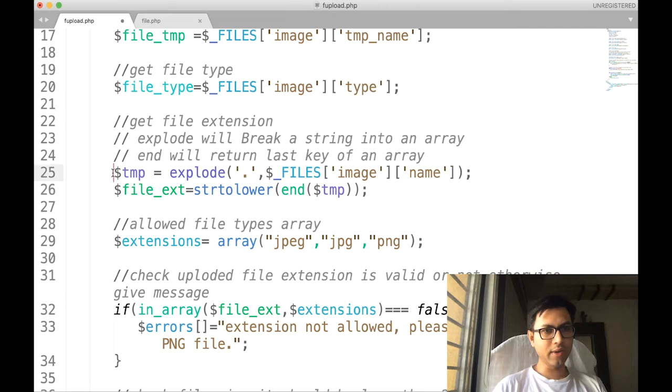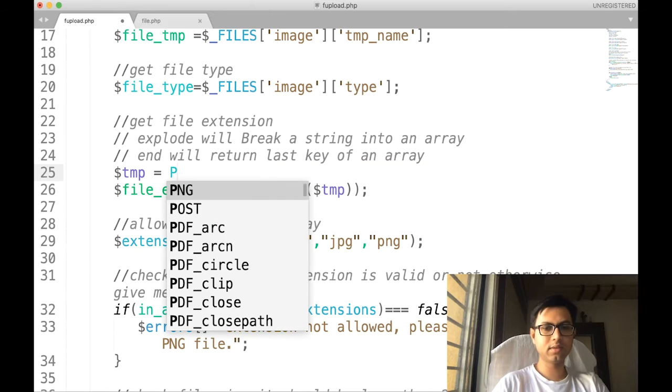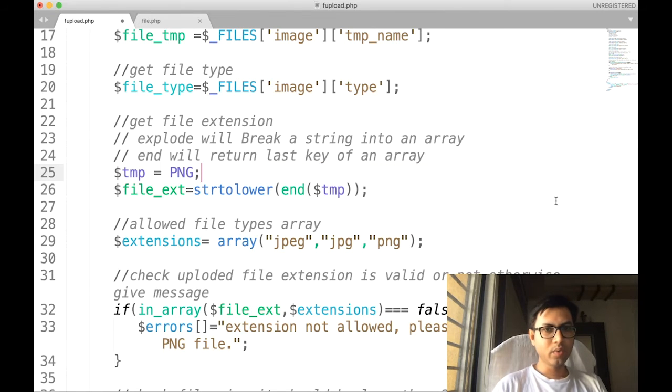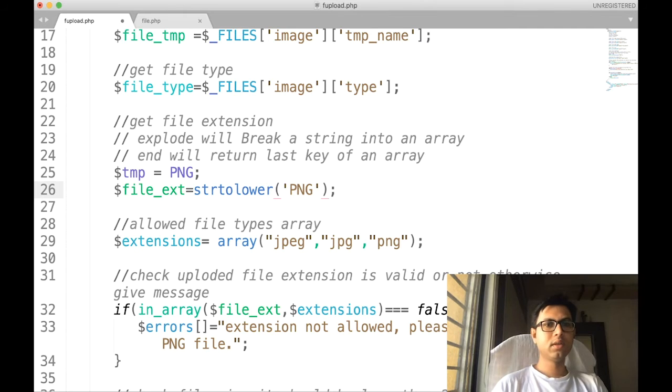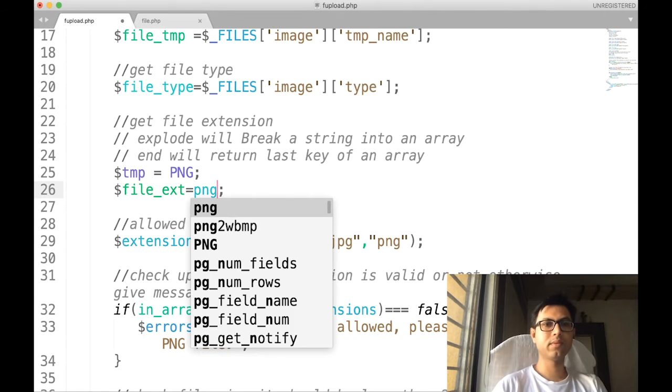So to treat them uniformly, after getting the file extension, let us say we get the output like this, we convert this string into lowercase characters using the strtolower function. So the strtolower function returns the small-letter png like this.